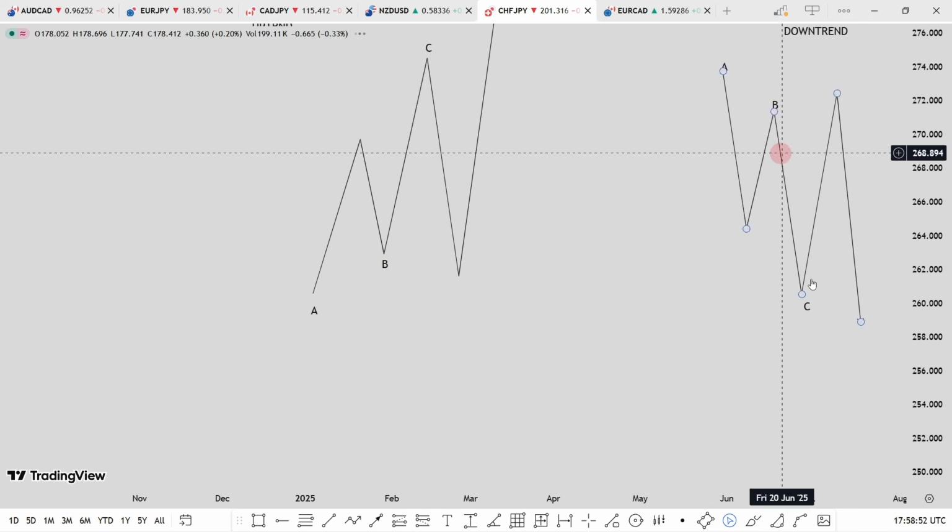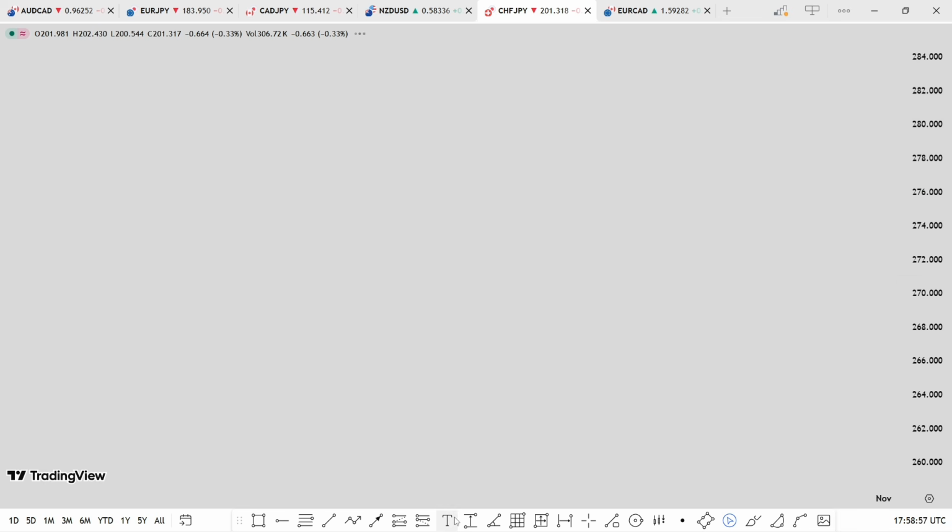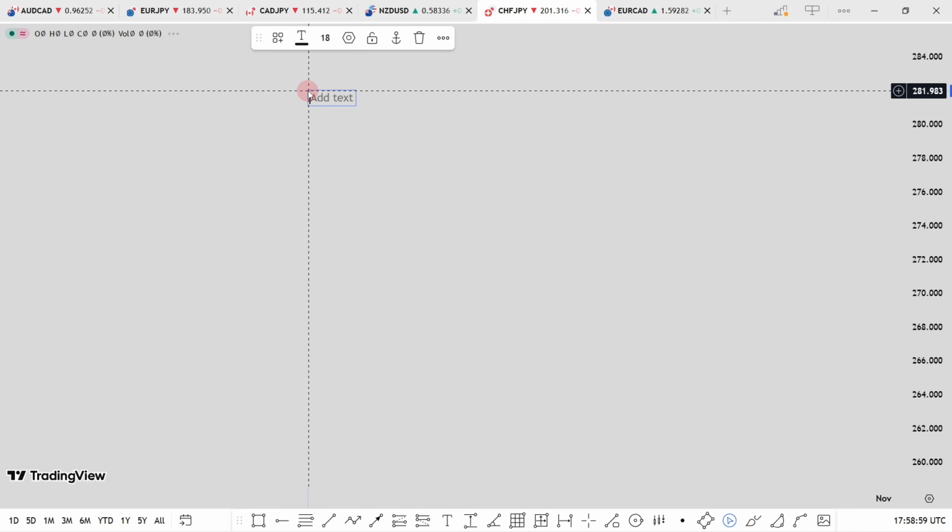This is our B in the case of an uptrend and then downtrend. So let's look at some examples. First of all, our A level